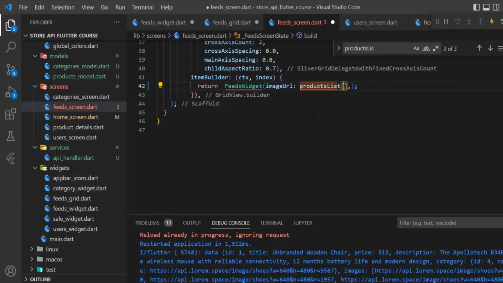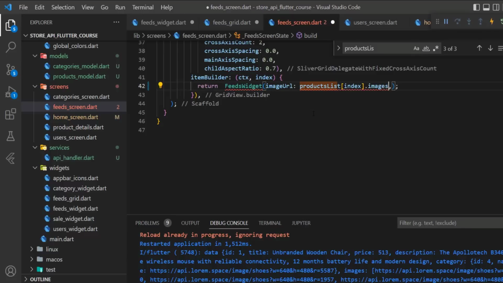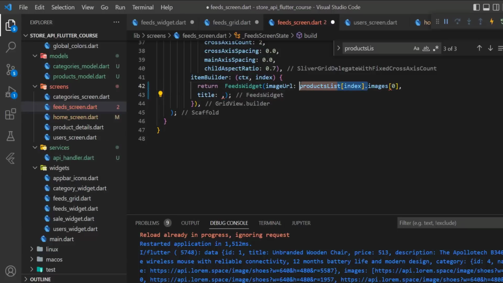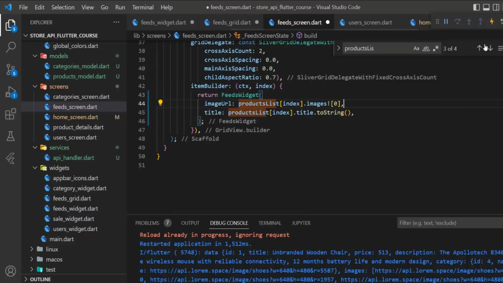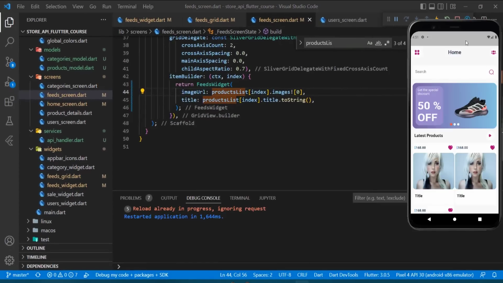Okay, so let's say product list, and we can access the index in here, and then we can call the images and access the first image. Then we need to access the title, and for the title we need to access it just the same way as this one. So let's say title.toString, and now in here we need to do an alt checker, and that's it. Now restart the application and let's test everything. It was a lot of work,